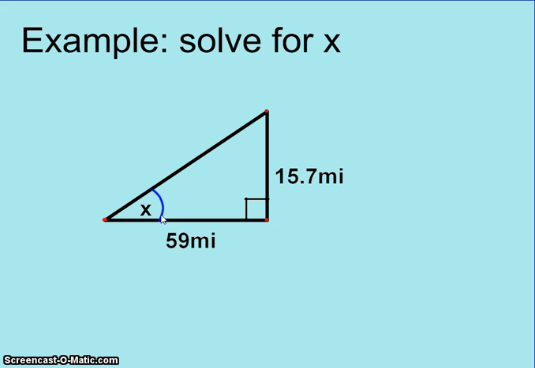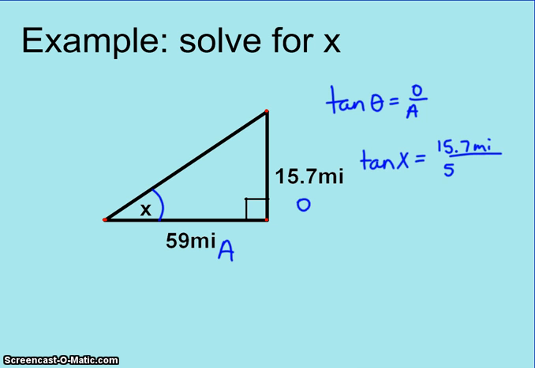Alright, so this is angle X. We're going to start the problem like we always do, labeling the hypotenuse, the adjacent, and the opposite. So I'm given the opposite and adjacent, but nothing to do with the hypotenuse. So what that means is I'm going to be using tangent, because tangent's the only one that deals with opposite and adjacent. So tangent of my unknown angle X is equal to the opposite, which is 5.7 miles over 59